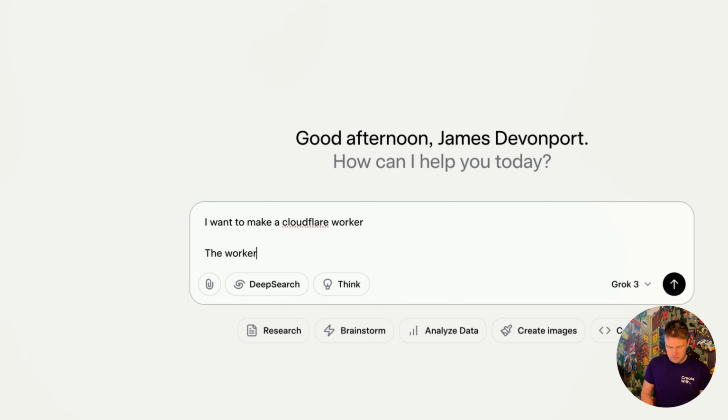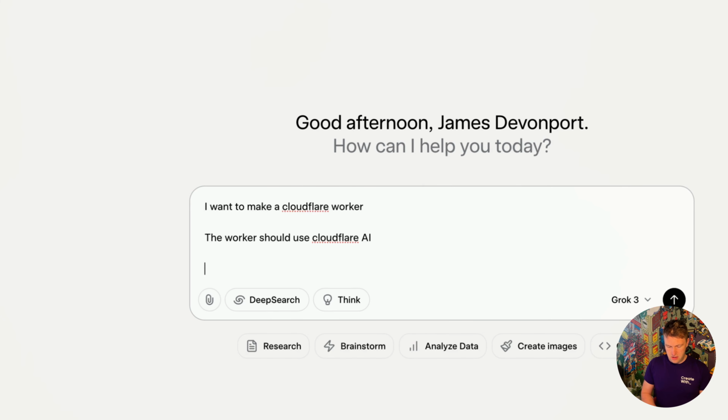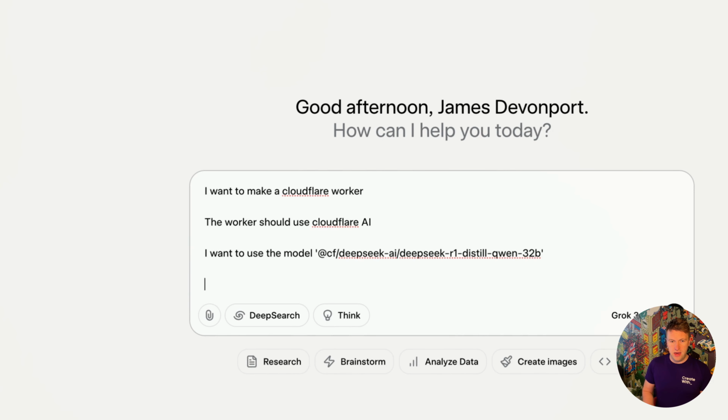The worker should use Cloudflare AI. I want to use the model, and I'm just going to paste in that model that we copied from Cloudflare. So that's the name of the model. I want DeepSeek to analyze my